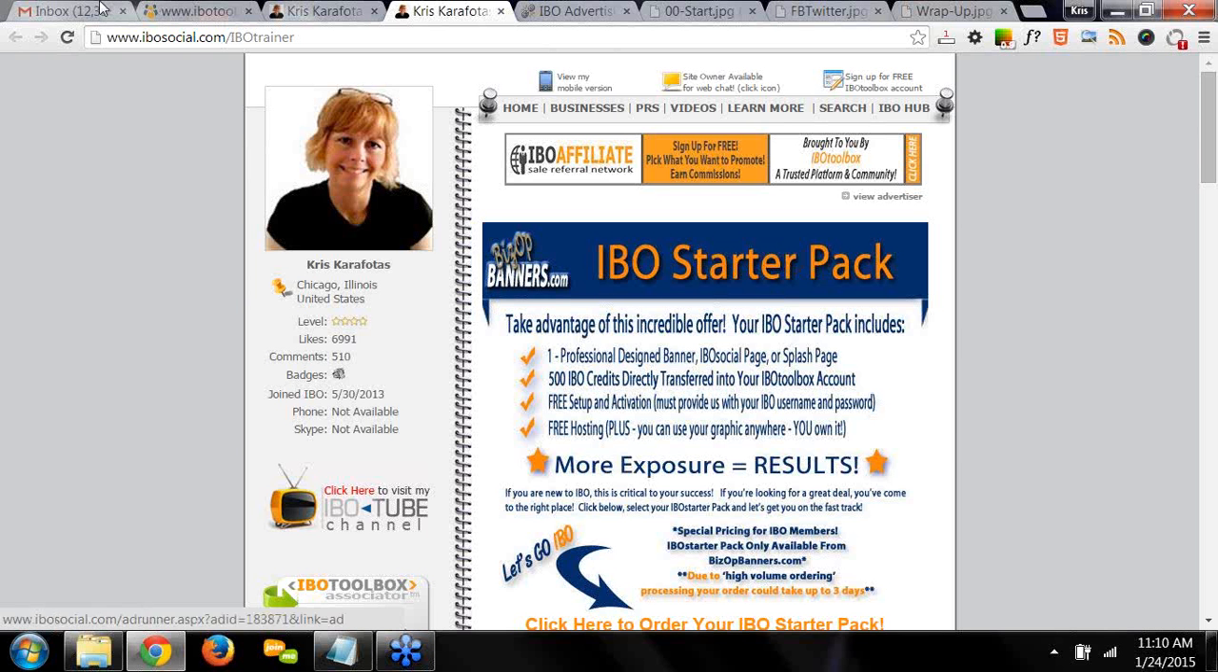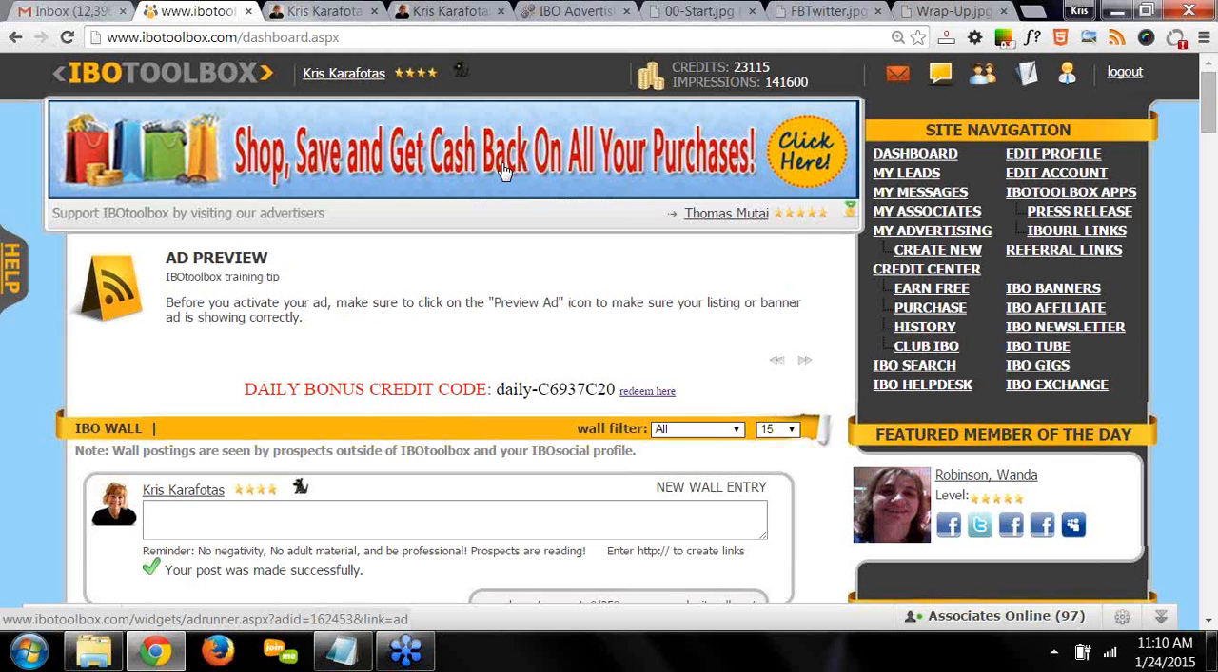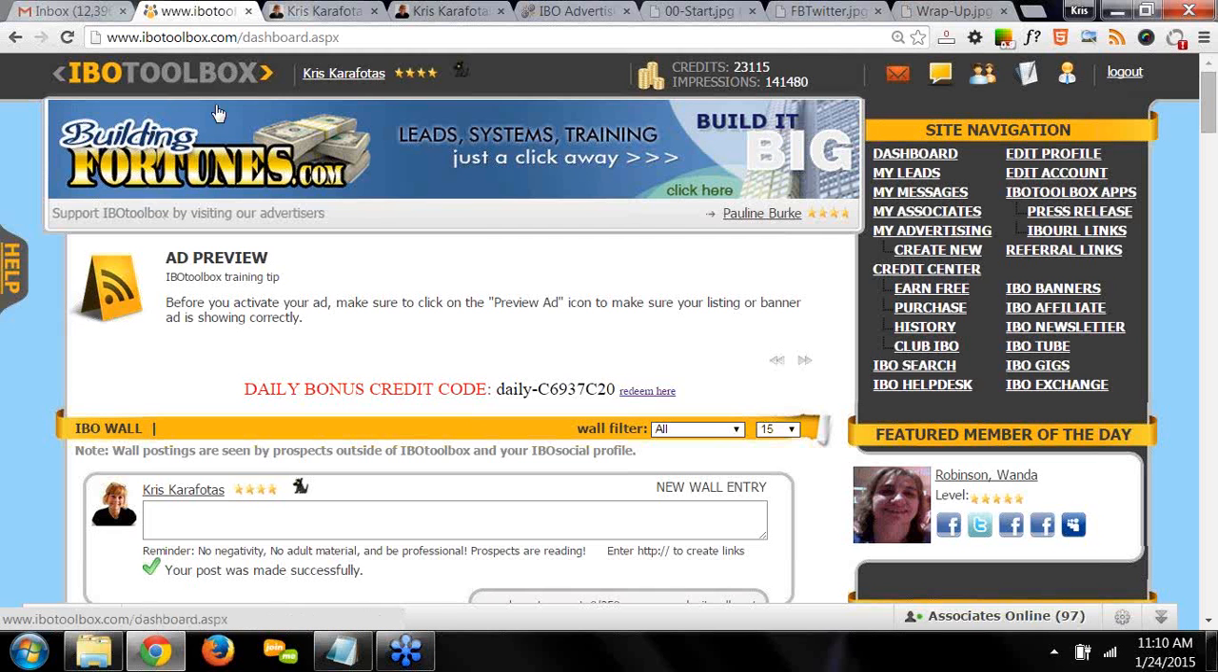Real quick, I want to show you the 728 by 90. This is the 728 by 90. As you can see, it's right at eye level. It gets a lot of attention, and it happens to get the best click-through rate here at IBOtoolbox or on the family of sites. I'm seeing anywhere between 8 and 15%. So you definitely want to have this size banner here on your